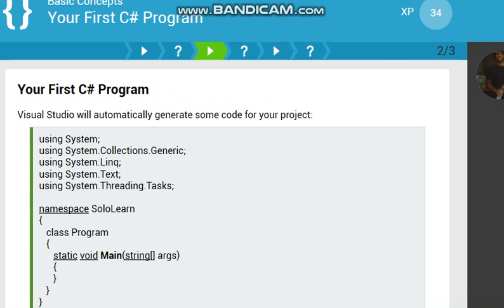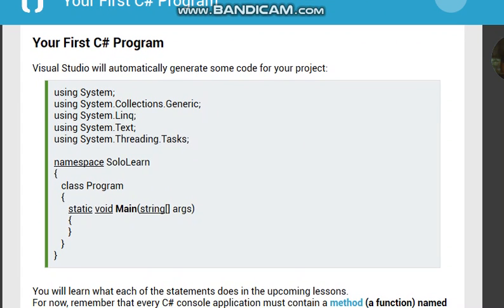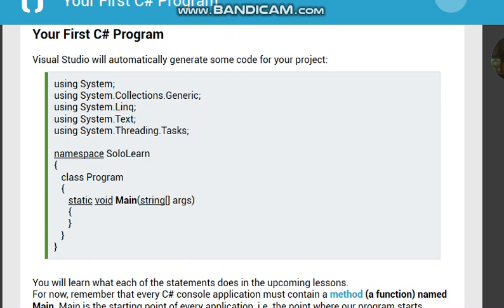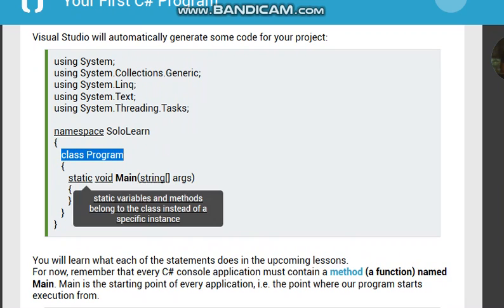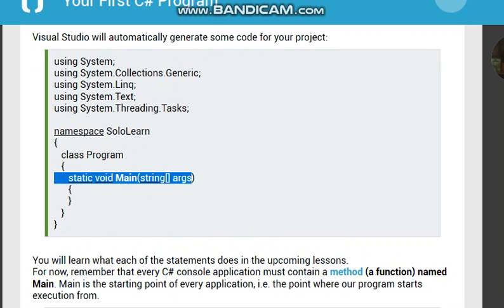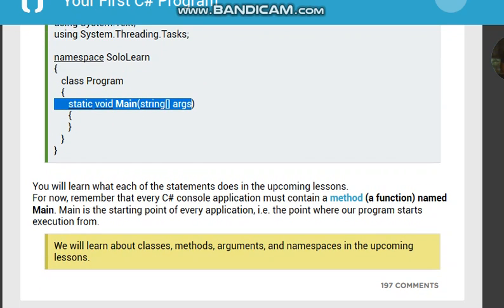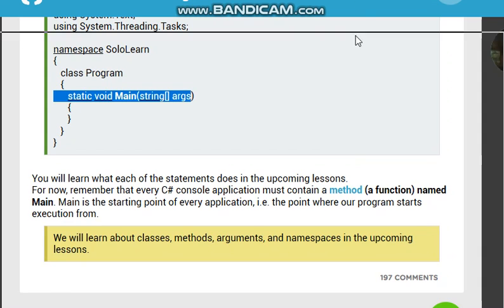So we click next, and this touches more on methods and functions. As you can see, it says Visual Studio will automatically generate some code for your project, and we have namespace, and that's going to have our project, and in the brackets it's what's going to start the execution, and then you have your class program and your static void main, which you're going to have in order to run a console application. So what we're going to do is click next,